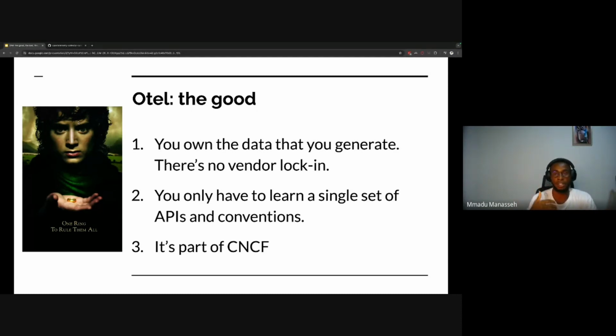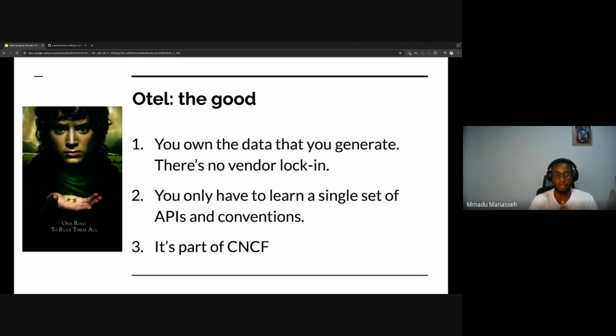It is an extra layer of engineering. How do they put it in product terms? It is extra engineering hours, right? Extra engineering hours for you to take your code, refactor it, and then push it to a new vendor. But with Otel, you don't really have to worry about that. You write your code, and then Otel gives you the flexibility to choose where you want the metrics to be pushed.